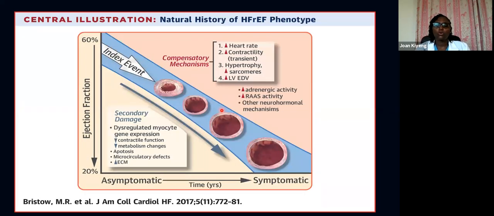And you may ask yourself, how does heart failure with reduced ejection fraction come about? Initially, when you have damage to the myocardium, the myocardium tries to adapt so that it's able to perform. So initially, because of the adrenergic system, the sympathetic nervous system, or what we call the renin-angiotensin-aldosterone system, which is basically the neurohormonal axis, it tries to increase the heart rate and initially tries to increase contractility, and it also tries to compensate by making the heart hypertrophy, as you can see here,